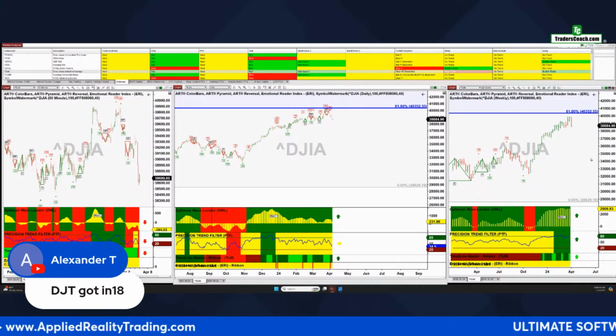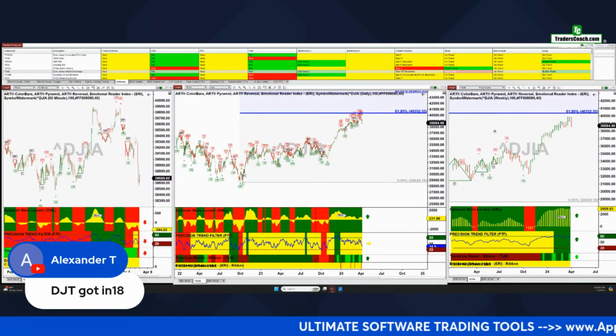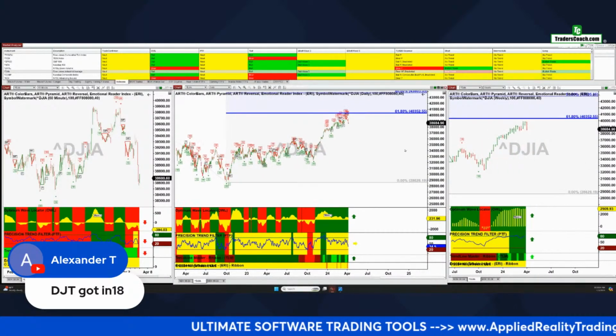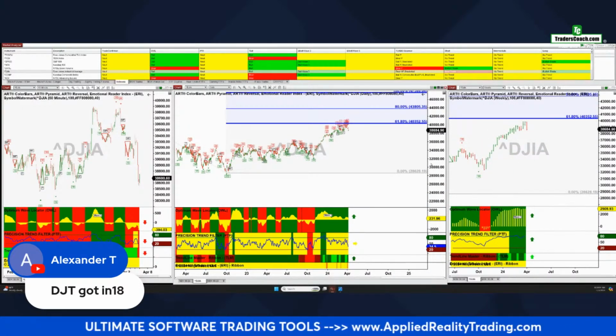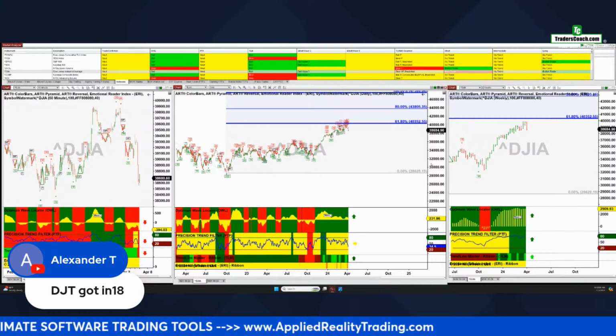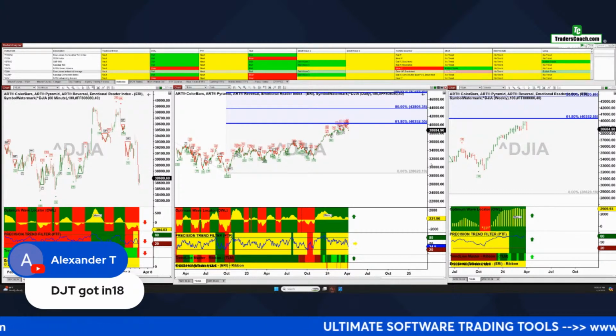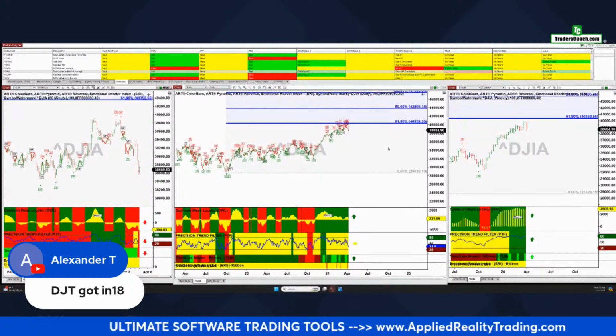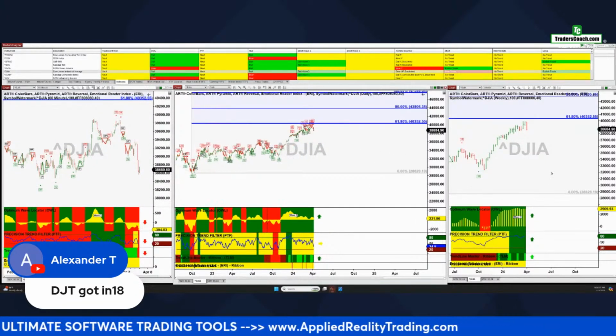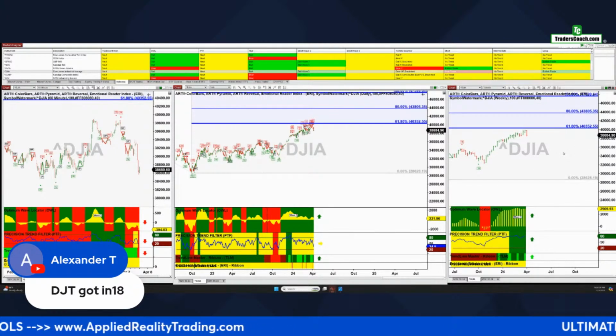due for a correction. Now, I don't think this correction is going to be a change in trend. So I expect higher highs to come back. I don't think we're going to get a massive sell-off. I do expect a massive sell-off towards the end of the year into 2025. But looking at this, I would expect maybe one more high before we have anything like that. So maybe a correction for a month or so here, and then we get things ironed out, maybe 2 months, hard to say. We'll see.